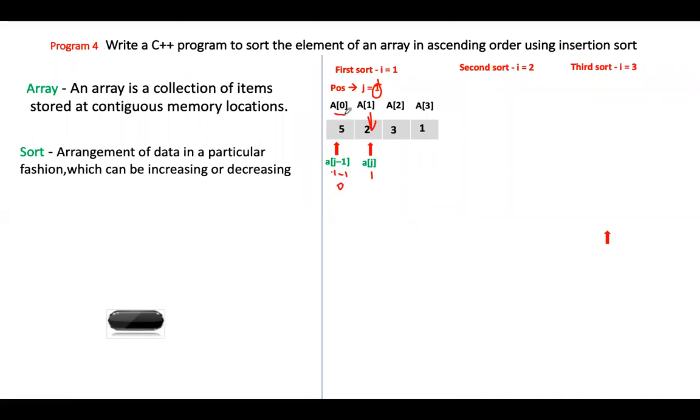So a of 0 is this position. A of 1 is this position. So j value is 1 over here, j value is 0 over here. Why we did this is because we have to compare each element one after the other, so that whichever is smaller, it will be arranged. Okay, arrangement will be done according to smaller to bigger.